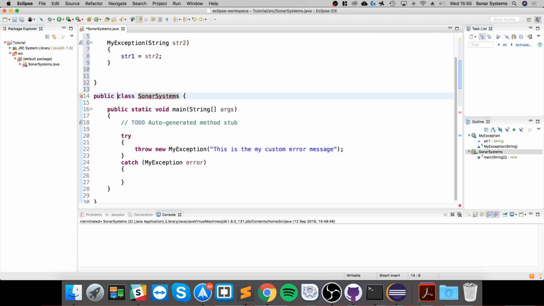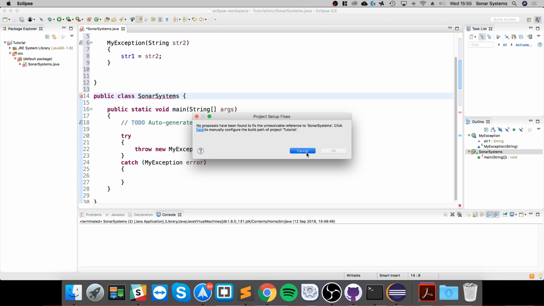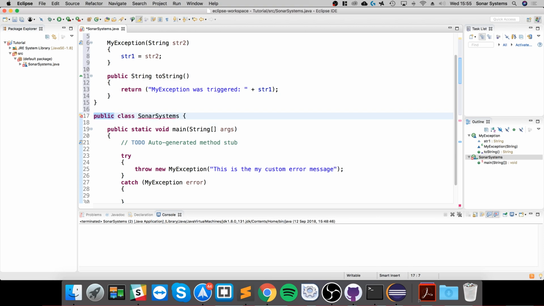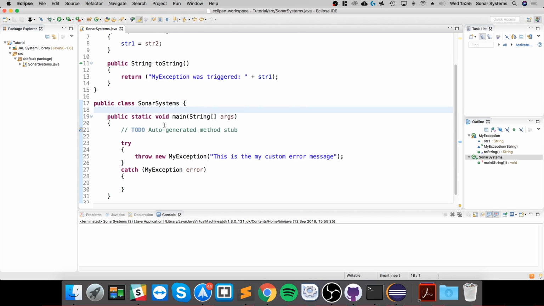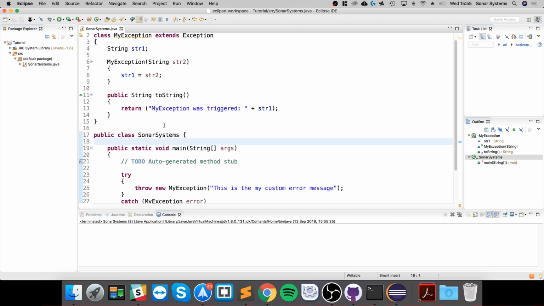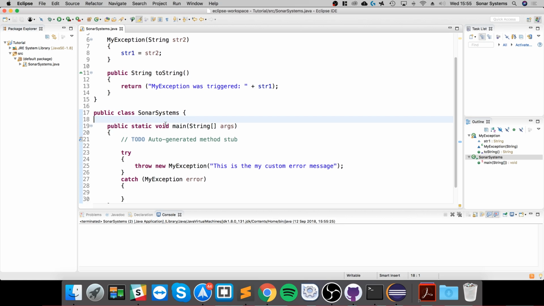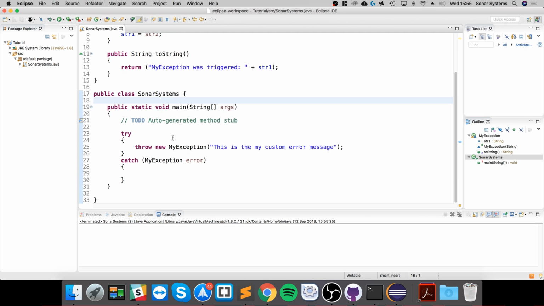The question is, why is it not working? There's no project setup to be fixed. Oh, okay. So that was weird that the errors were appearing. Okay, so now we actually need to do a